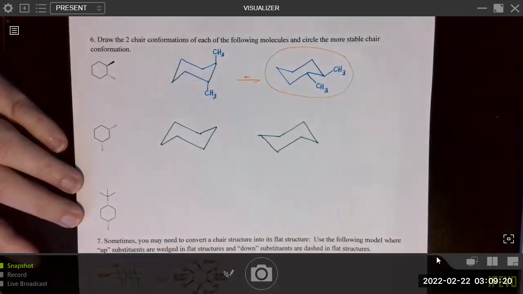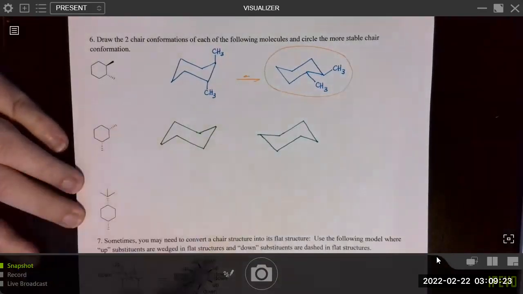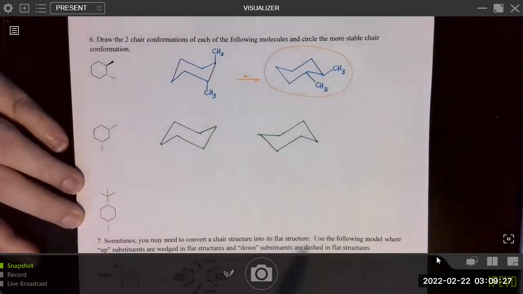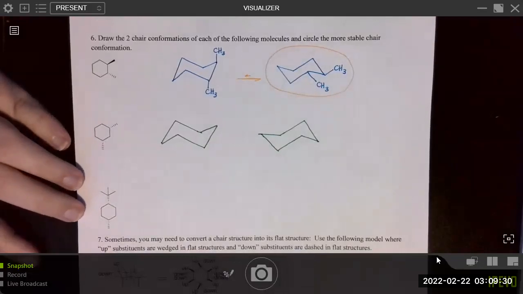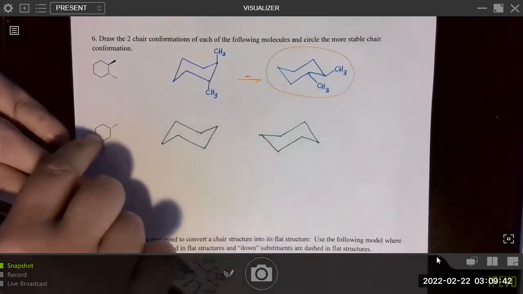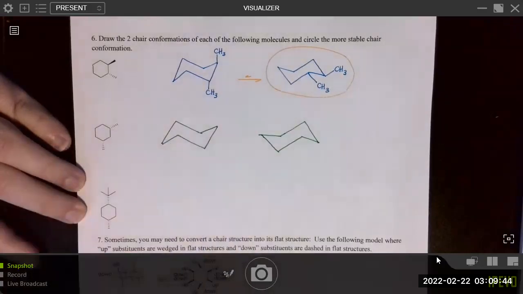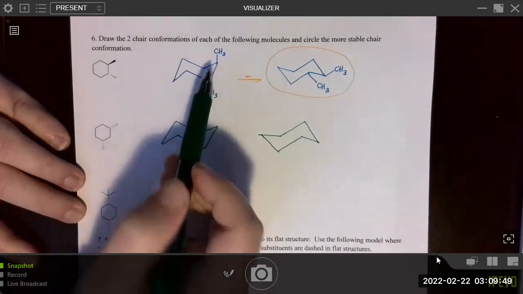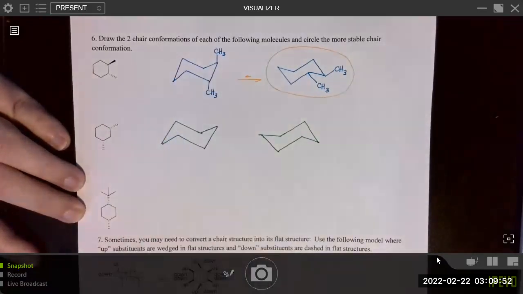So now we just need to put in our methyl groups. Again, both of these are down, so you just choose where you want to start. I'm going to start at a different carbon just to show you that I can. Sometimes students wonder, if I started here, would it have been okay as opposed to starting here? We don't know exactly where these carbons are. They could be anywhere. Like last time I started at one carbon, but just to show you that you can start anywhere, I'm going to start at a different carbon.